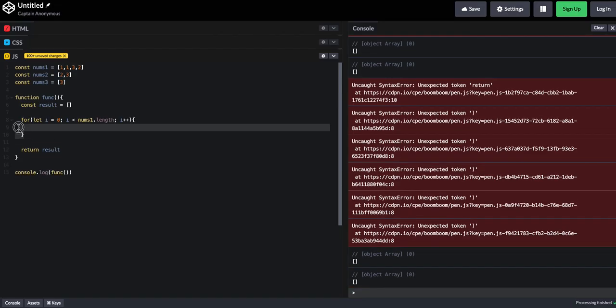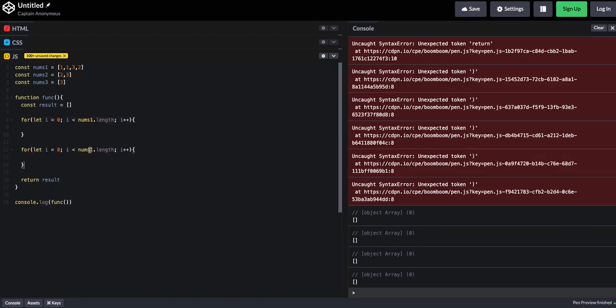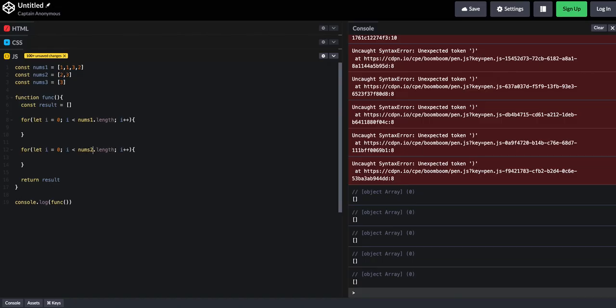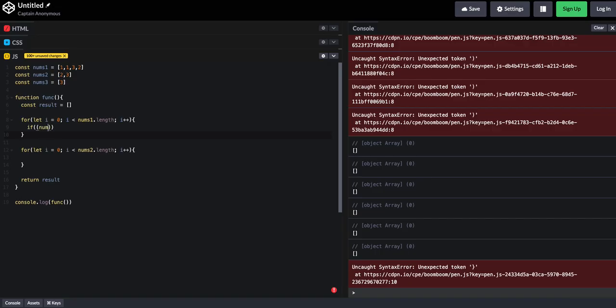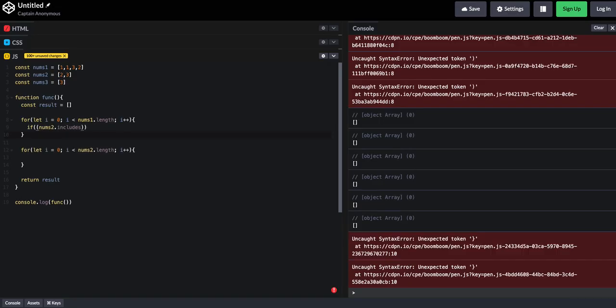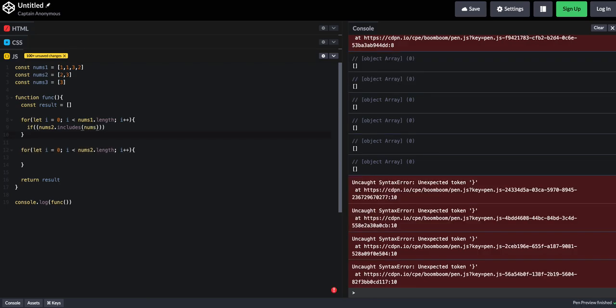We're going to do that again, but for this one we loop through nums2. We're going to have a lot of the same logic in here. We're just going to do an if statement that says if nums2.includes nums1 at i,